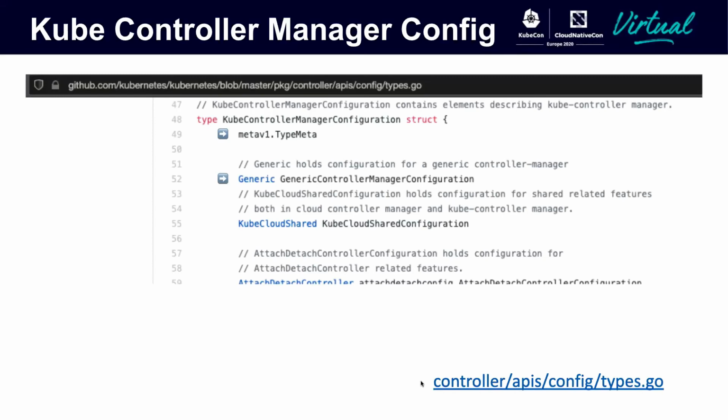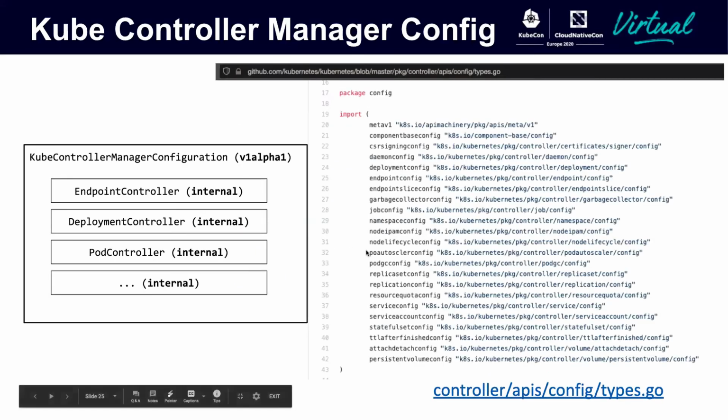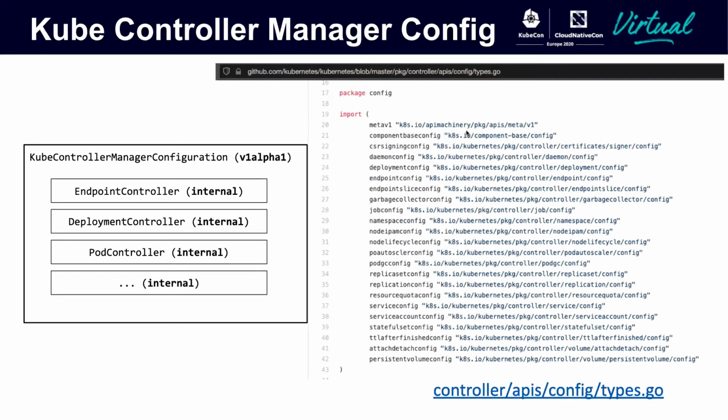But if we look at the individual controllers, we can see that they are actually not versioned. They only have an internal API. And the first thing that gives that away is the import paths. If you see that these are coming from in-tree, so the Kubernetes /package directory, where the internal APIs are, like when you go to /config in the end. And this is what it looks like, conceptually.